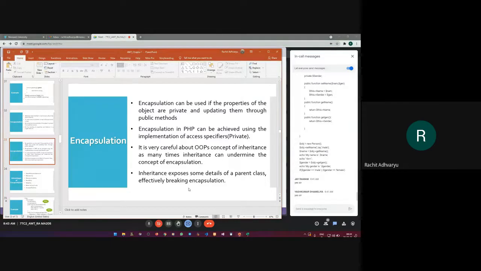And then we'll move on to the easiest part of OOP again. No one is willing to answer the advantages of encapsulation.